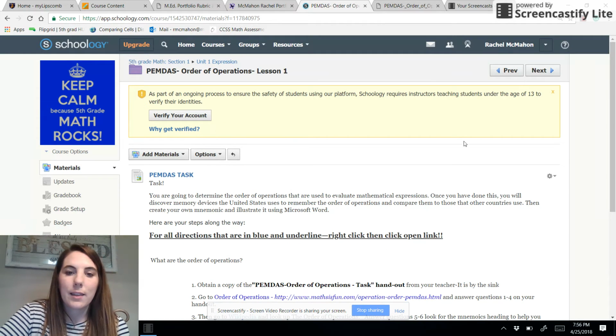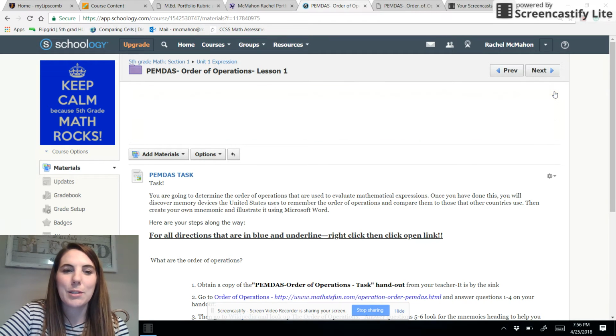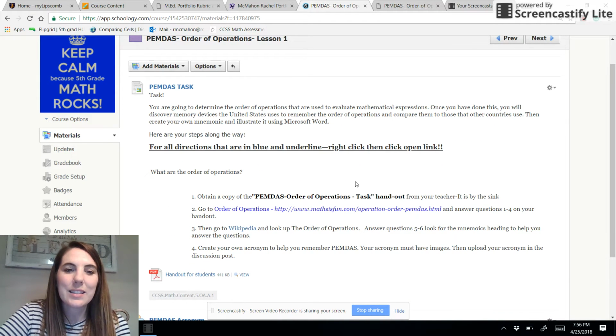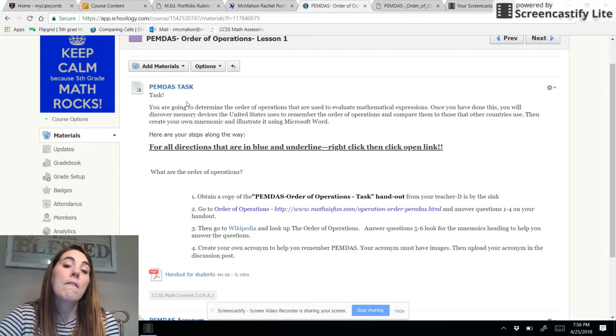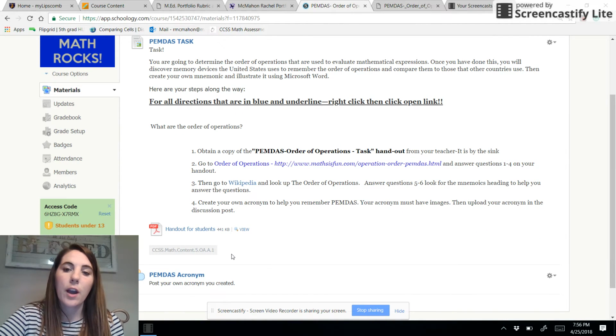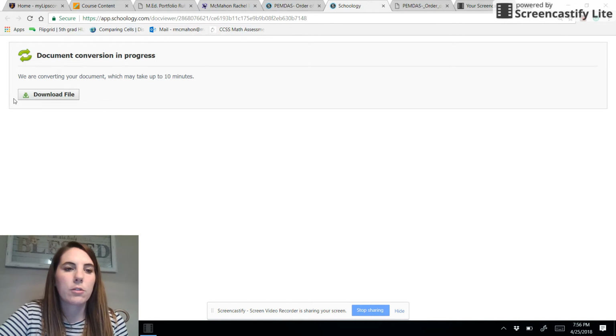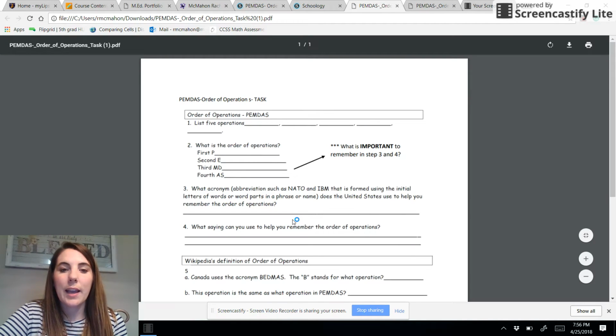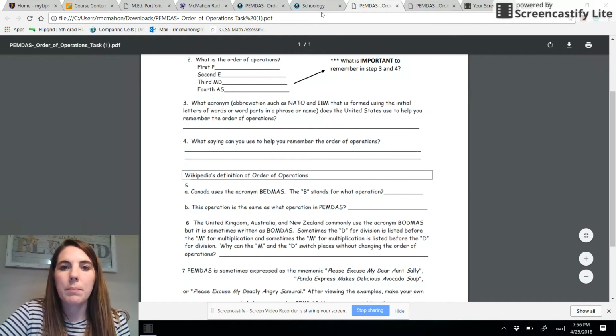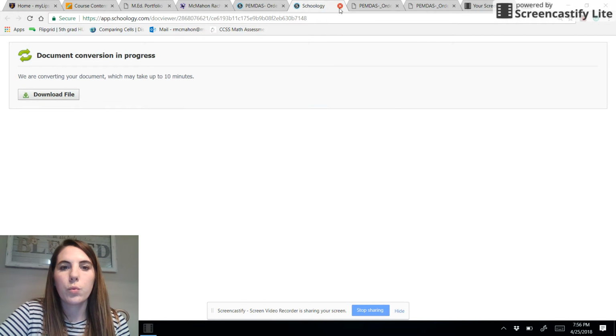So if I click this, and I'm sorry, this thing keeps on coming up. If I click this, it's a task, and it tells them everything that we are going to do for this task. So if they read it, they just have to follow instructions. But I made them a handout that goes with what they're going to do. So it's kind of more like a web quest. So I uploaded that handout. So this is the handout that they'll have, and it corresponds to